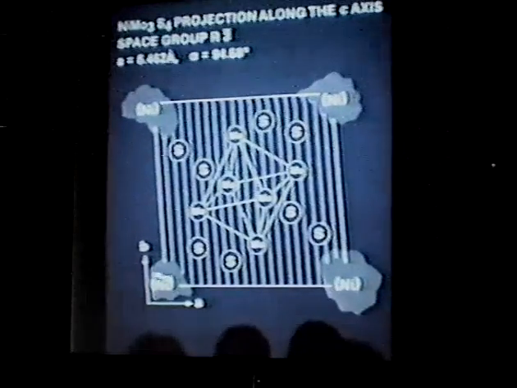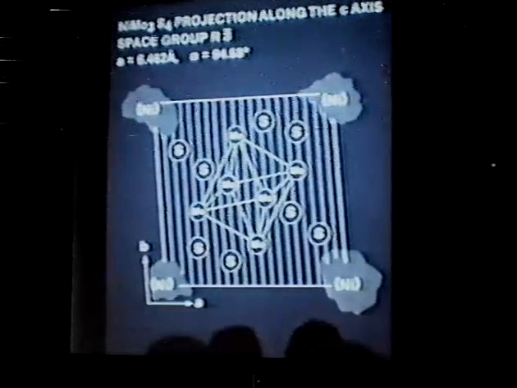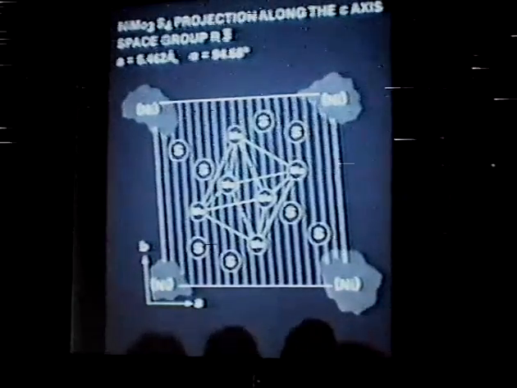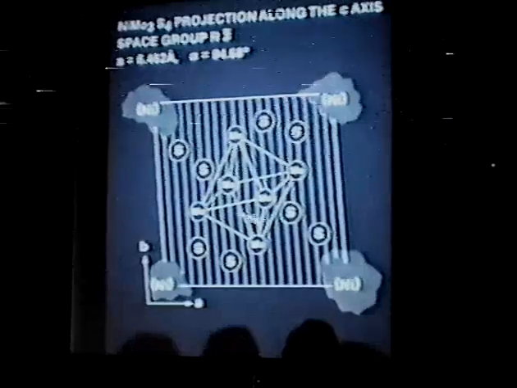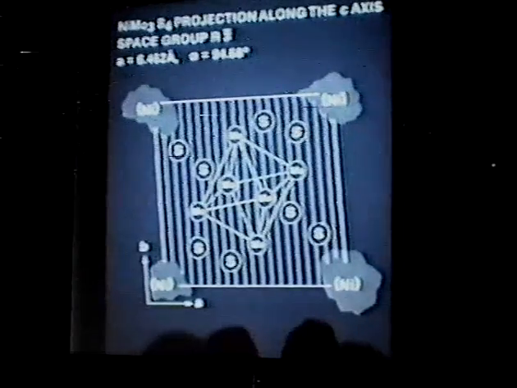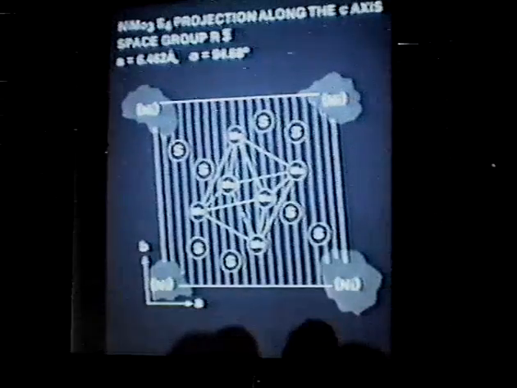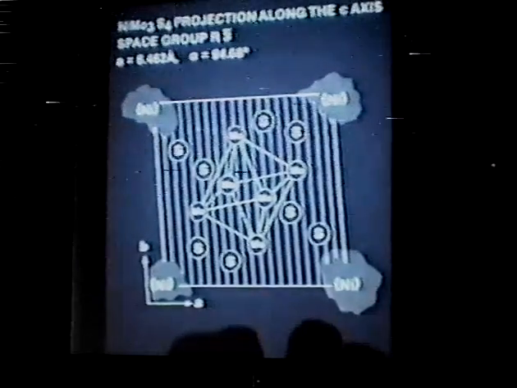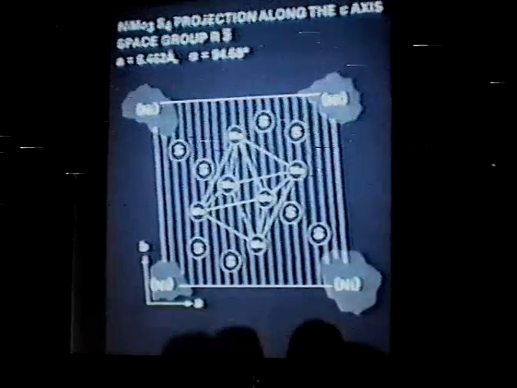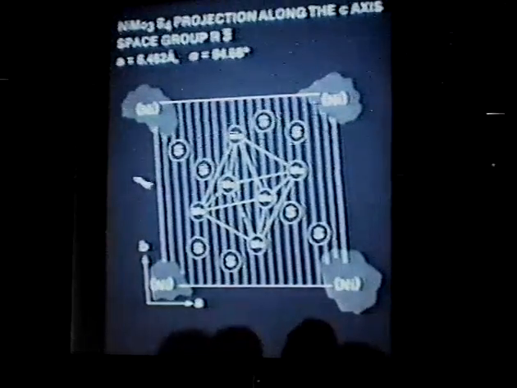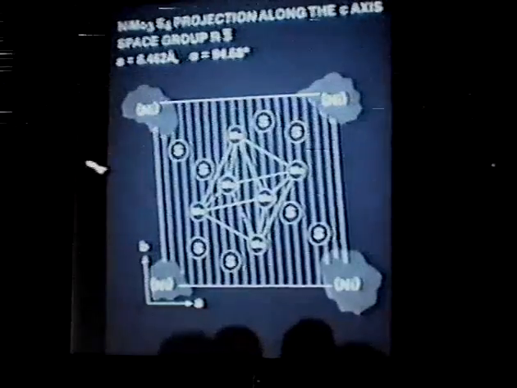And to me, at this time, this model was pretty appealing because I like the idea of the promoter atoms being able to whiz up and down these little channels between these entities like this, because it seemed to me that they might be able to have a better chance of chemisorbing the reactants. Well, I don't know if it's right or not, but if it should turn out that this is a good representation of the active material in hydrotreating catalysts,